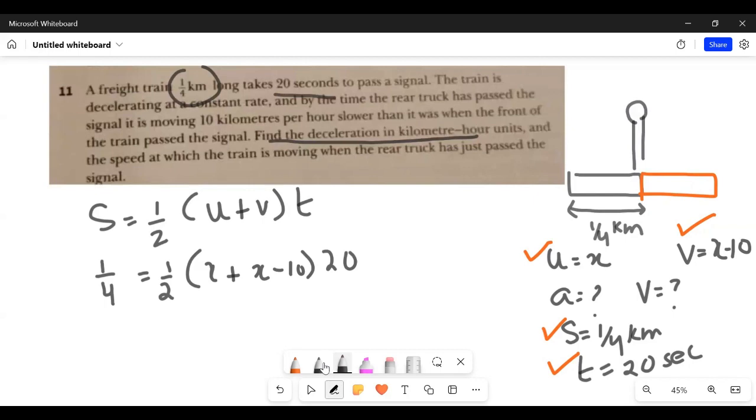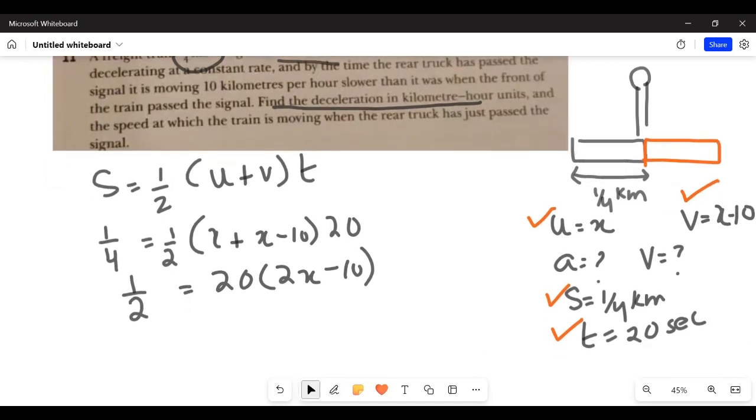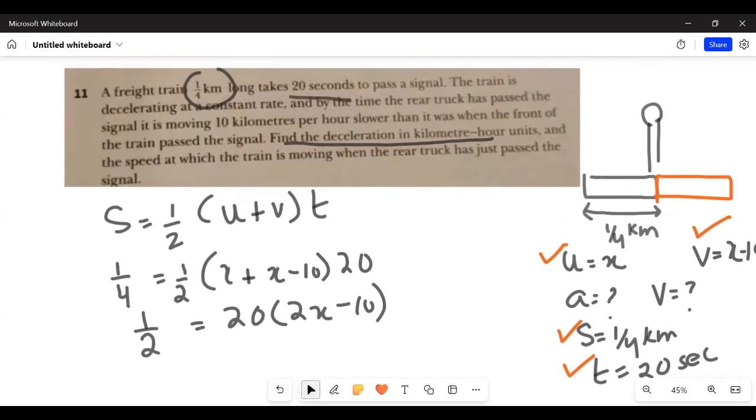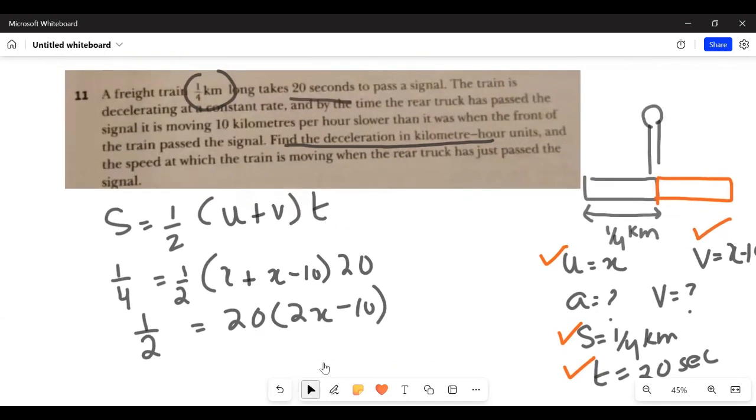Okay, so this would be 2/4, which is half, equals 20 times 2x minus 10. Okay, solve this and give me the value of it. Okay, hold on. I think there's a unit conflict in the question because time is in seconds